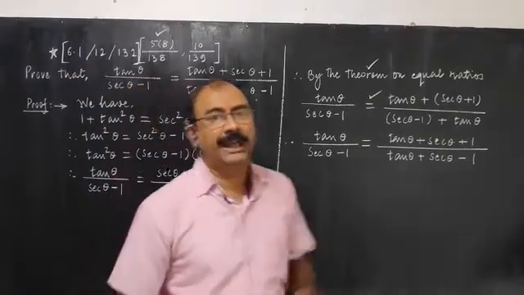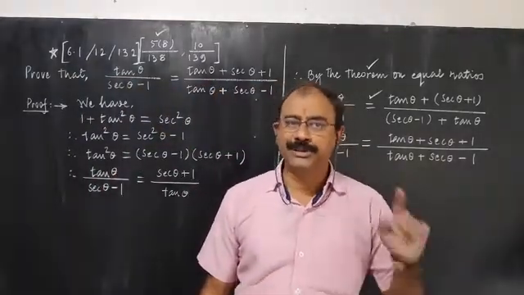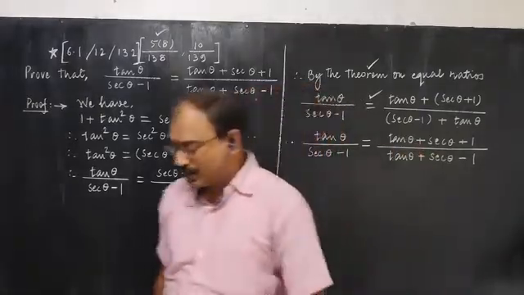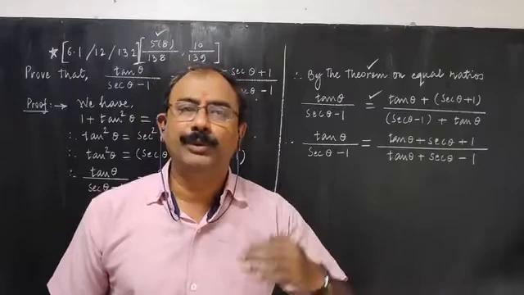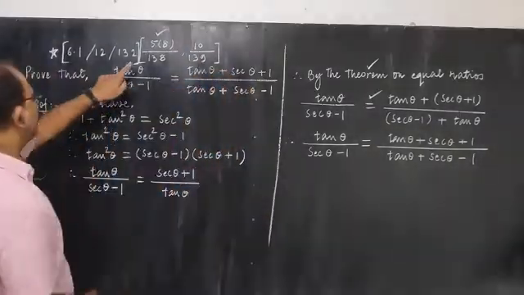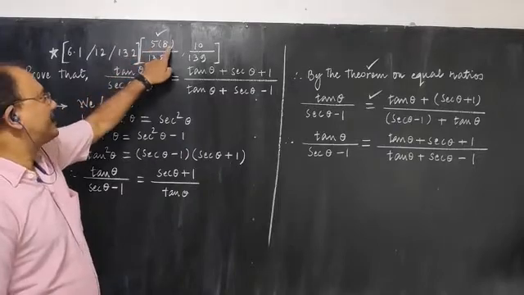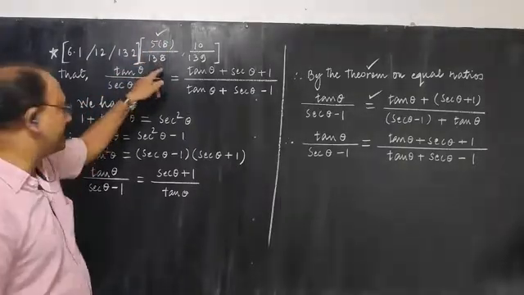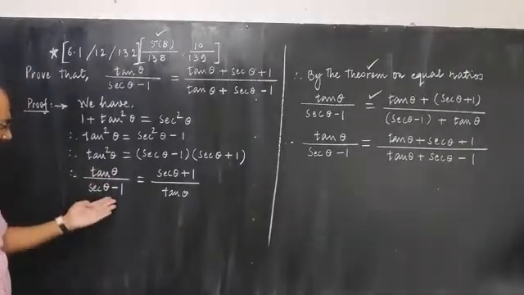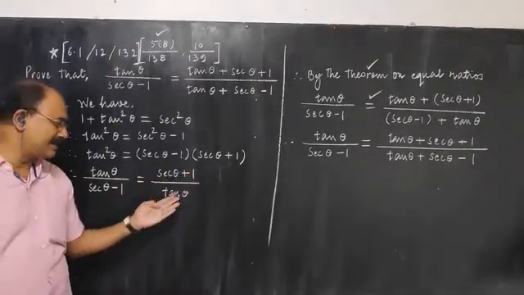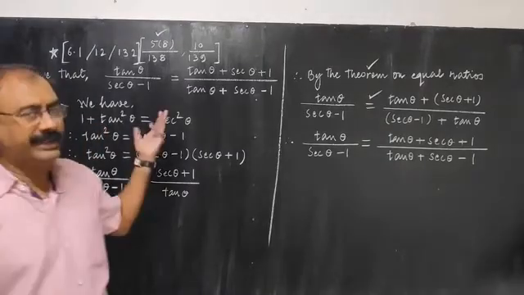So why did I put a star mark for this example? Because this example is based on the theorem on equal ratio. Moreover, while solving this example, coincidentally, we have also solved question number 5, sub question number 8 given on page number 130. The question says that show this: tan theta upon sec theta minus 1 is equal to sec theta plus 1 upon tan theta. Just cross multiply and you get the required result.